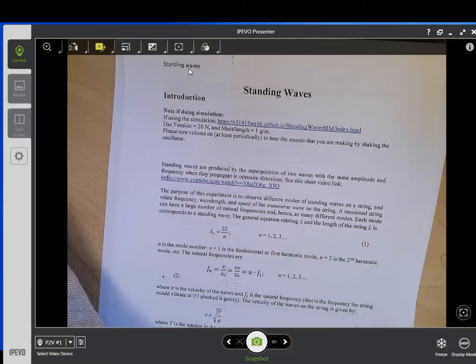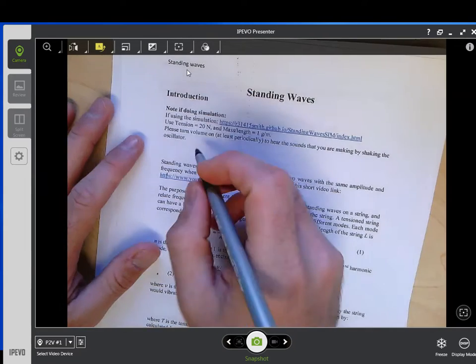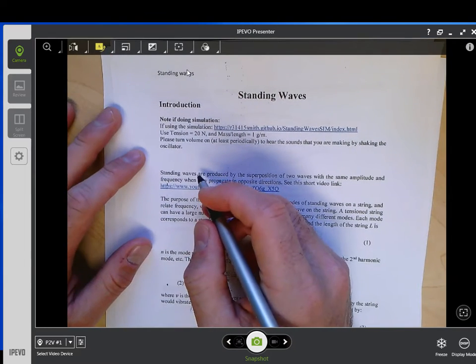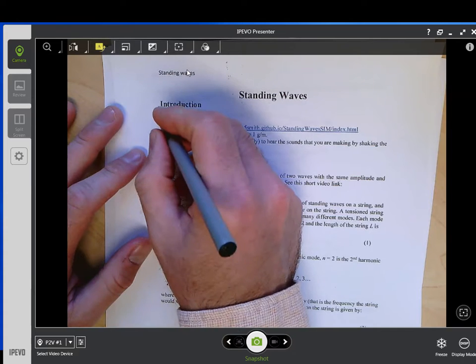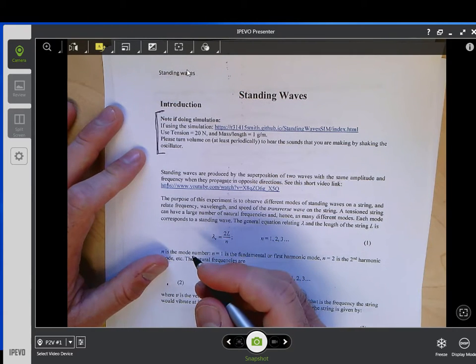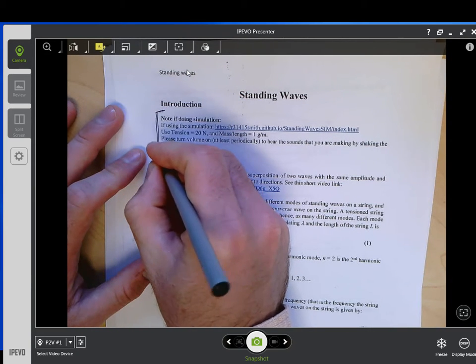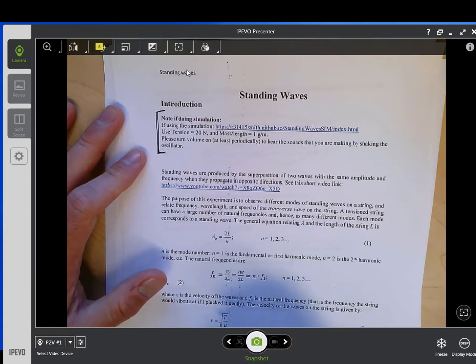Okay, so let's go over the activity that we did on standing waves. The specific activity that I'm going to be talking about is doing a simulation, and so it may be that in a future version of this class we'll do it with actual oscillators. Nonetheless,